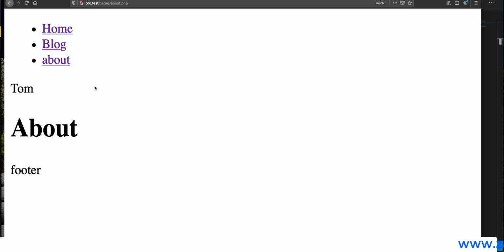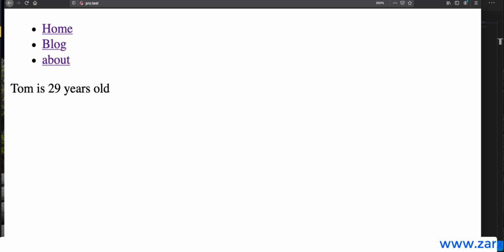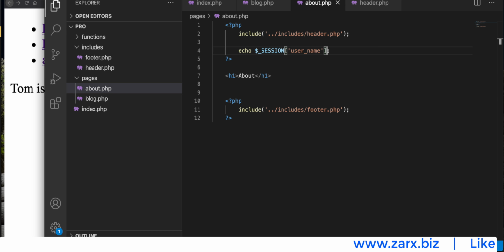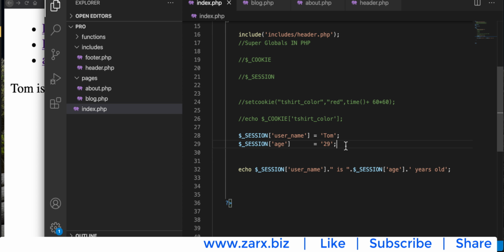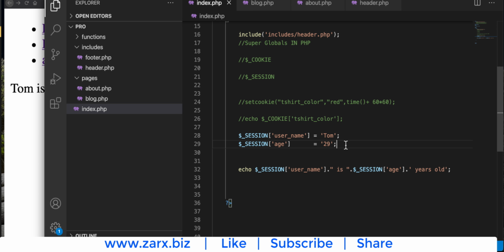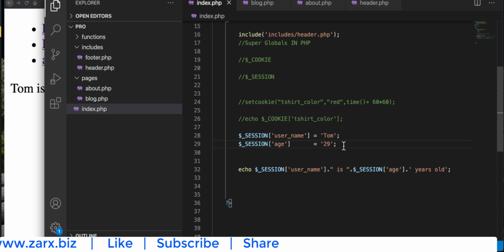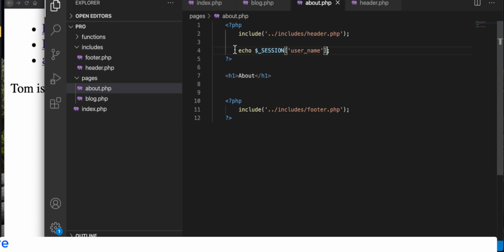Now you can check as well what values are stored in your session. For example, we are setting these two values, right? But possibly in your application you set some values and you don't remember, and you don't want to go and check there, so you can check that straight away. For example, I'm in about.php, I'm going to remove this, and I want to check what values the session has, so I say print